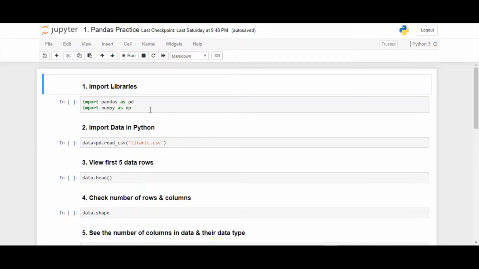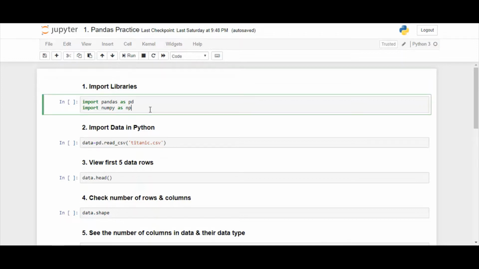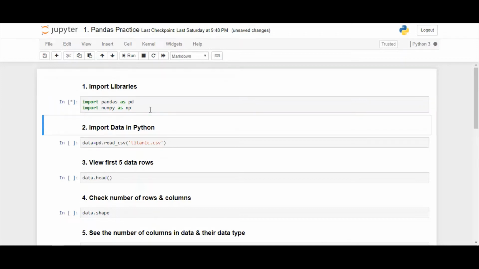You can give it any name that you want, but universally, the general convention is that pandas is aliased as pd. We have also imported one more library called NumPy, and we have given it an alias np. NumPy is a library that is used in conjunction with pandas. So to import this, I click on Shift Enter. You can see the asterisk mark. This tells that it is processing. And once the number 1 appears here, it means that it has been processed.